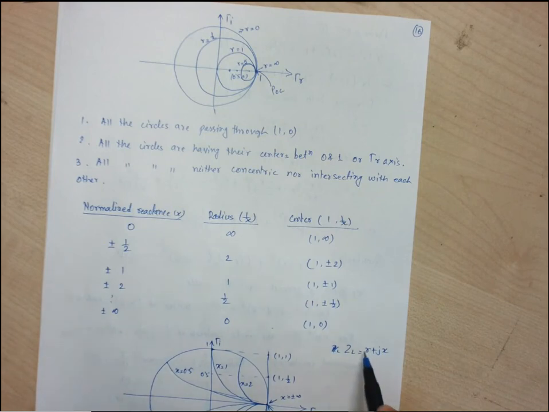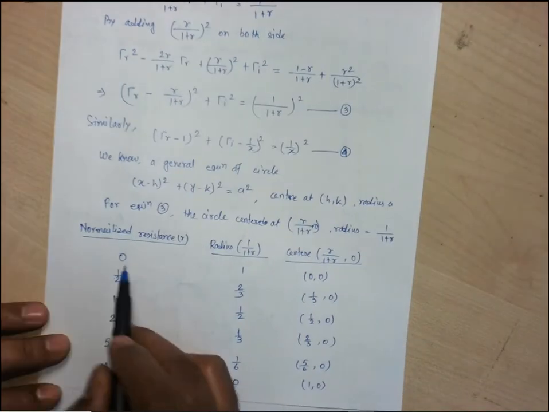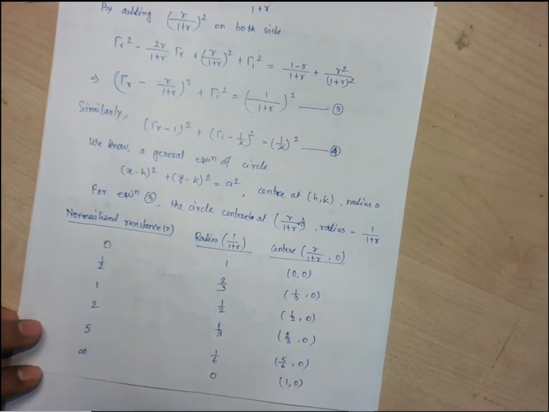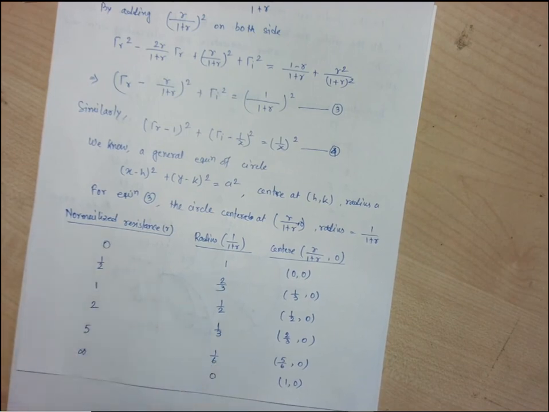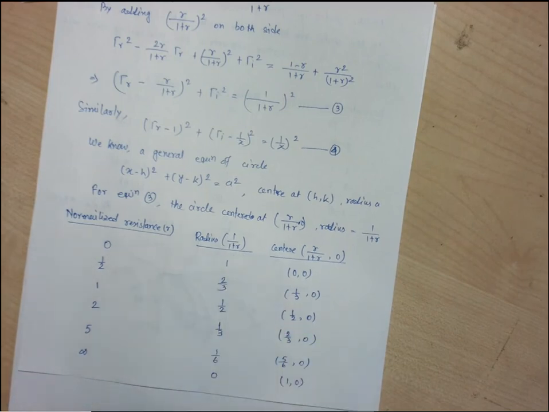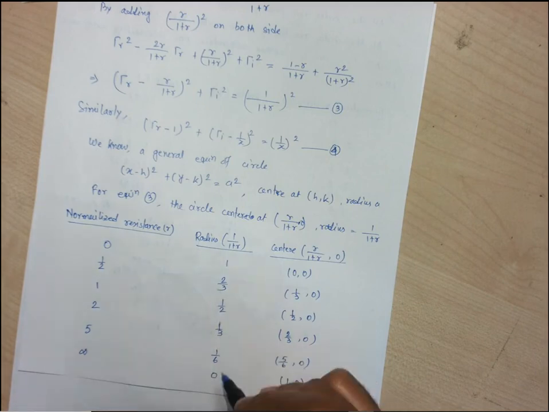So what we have found is that for any kind of transmission line with any kind of characteristic impedance, it can have the resistance circle with a maximum radius of 1. That is what we have found, because it is having the radius of this expression. For normalized resistance R equals 0, that is the minimum value of the resistance, we can have the maximum radius of 1. For the maximum value of resistance, that is infinite, we can have the radius equal to 0. So whatever the resistance we have, all the circles are within the value from 0 to 1.